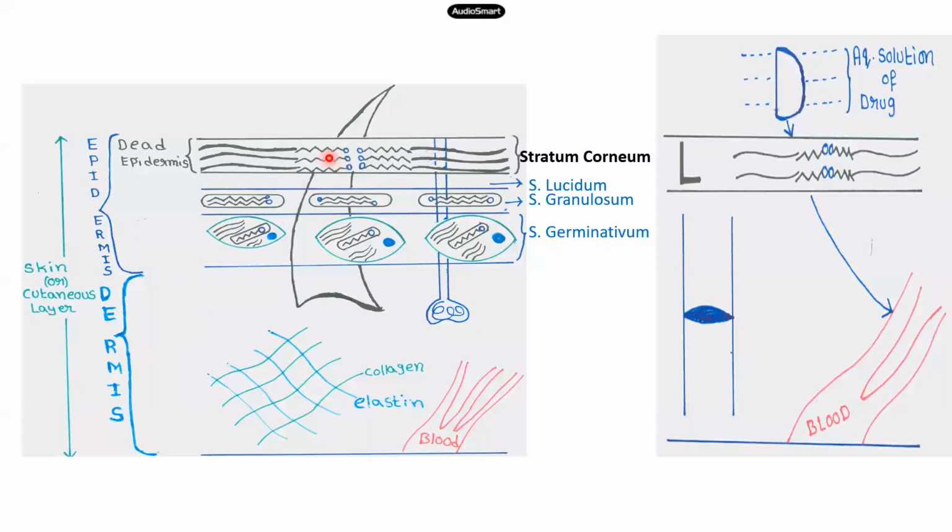These lipids retard, meaning reduce, the over-evaporation of water, because if excess evaporation of water from the body into the environment takes place, it causes hypovolemia, that is, hypovolemic shock followed by death. That's why the over-evaporation of water from under the skin to the environment is reduced by these lipids. This is the function of lipids. These lipids make the stratum corneum more and more lipophilic.